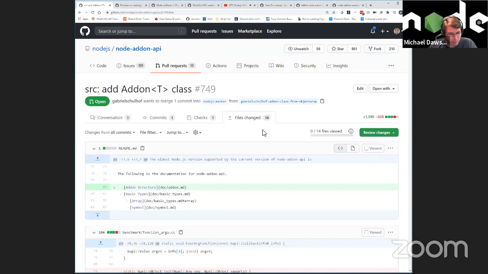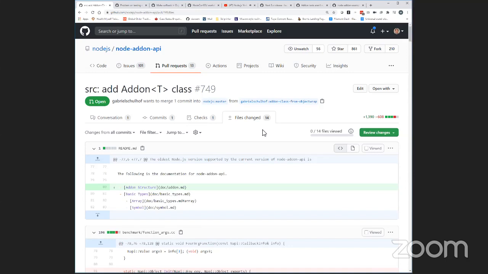And so if you were to rip out all the InstanceAccessor, InstanceMethod, and InstanceValue into its own class, then you can write subclasses of it, one of which is ObjectWrap. So ObjectWrap becomes a subclass of this new class, to be specific. And so can add-on.